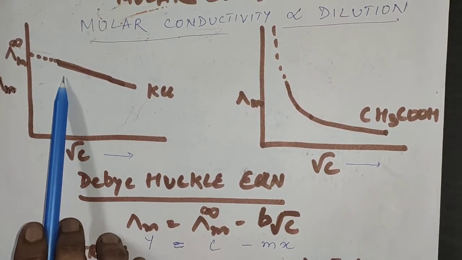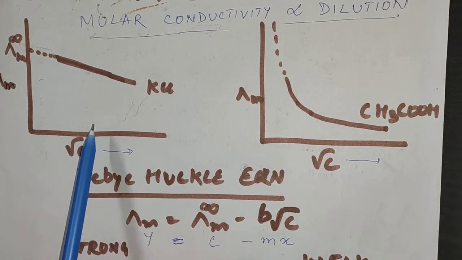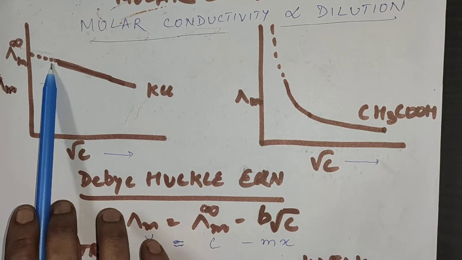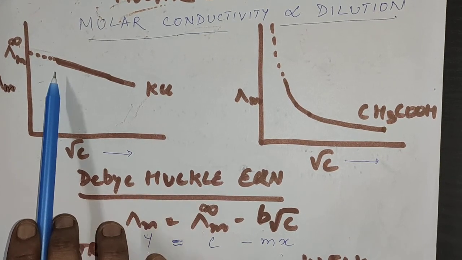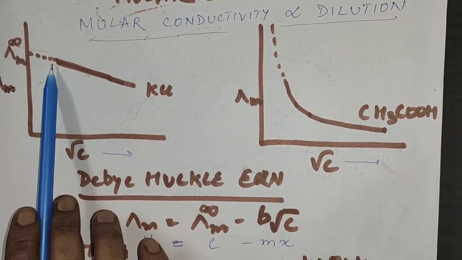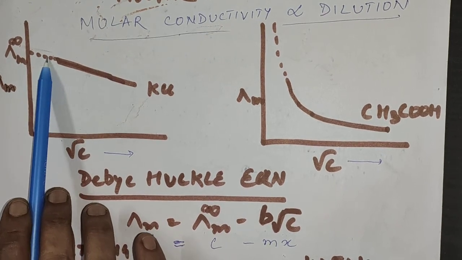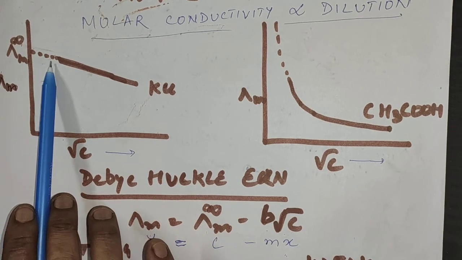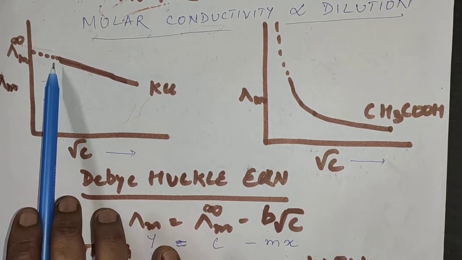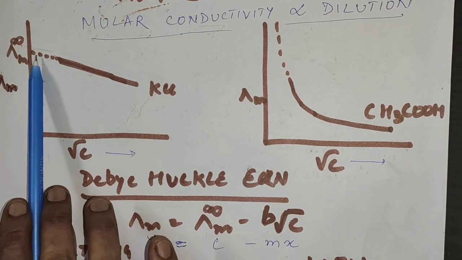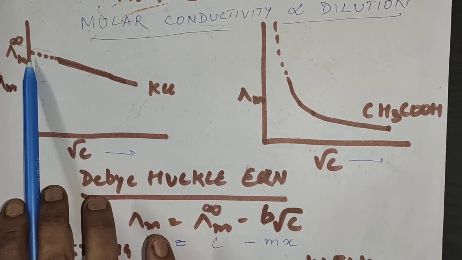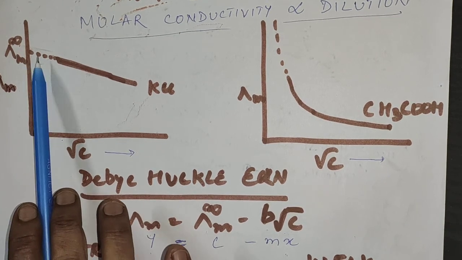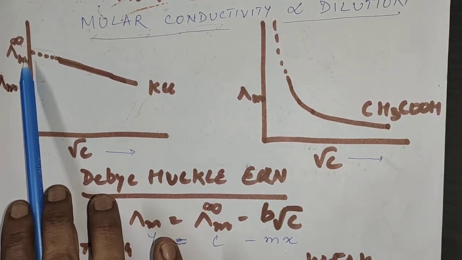Suppose I stop it here. I start with a very strong concentration, and then I go on adding water. Conductivity goes on increasing, and ultimately I stop my experimental work here. But the graph can be extrapolated and made to touch the y-axis. If I go on adding tons and tons of water, it doesn't mean that conductivity will go on increasing indefinitely. There is a limit, and that limit is infinite dilution. It will reach one maximum point above which the conductivity value will not increase.